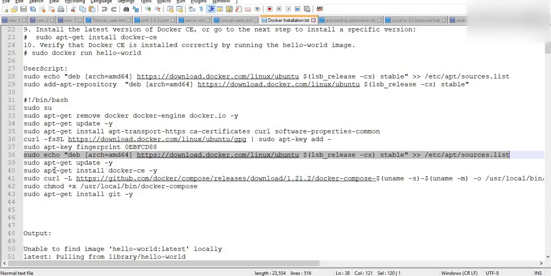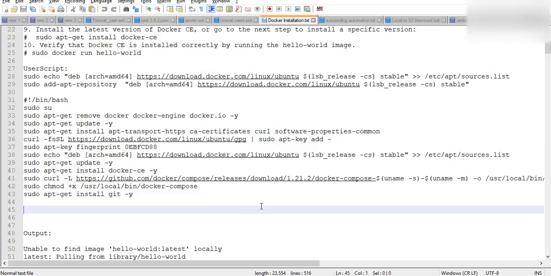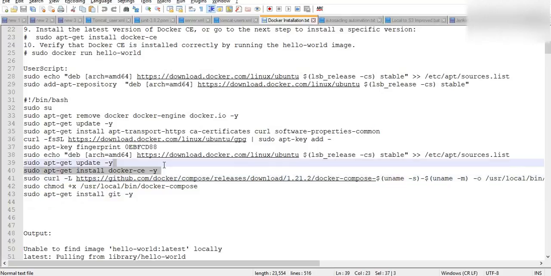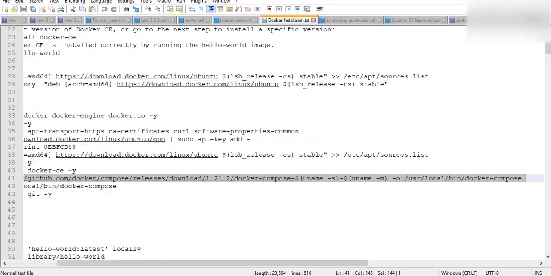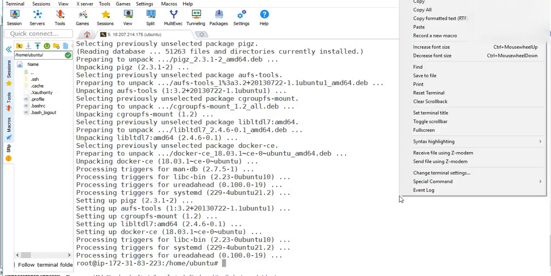So up to this we're done. After that there is one more application known as Docker Compose. Let's install that also. I'll tell you later what it does, but for now we don't need anything else in order to run Docker. What we have installed is enough. Now I want to install Docker Compose also. Docker Compose is basically a way to automate Docker. Like that day you have seen Jenkins, and I told you there is something in the Jenkinsfile which automates the Jenkins itself. That is what Docker Compose basically does.